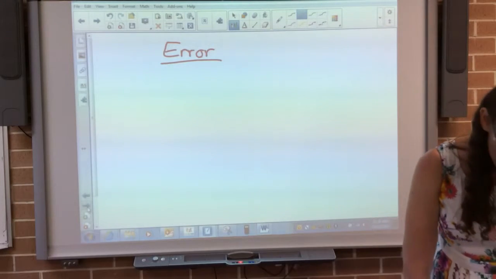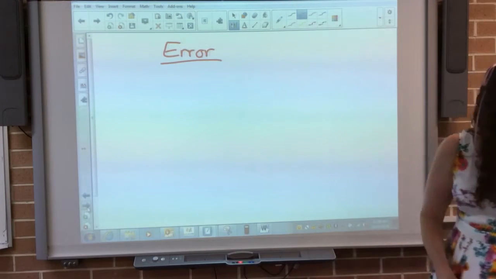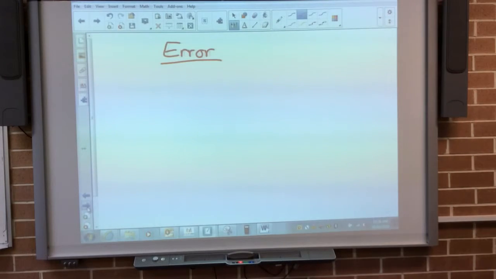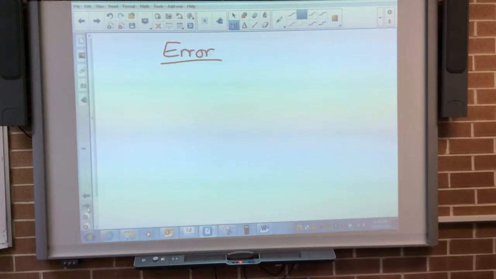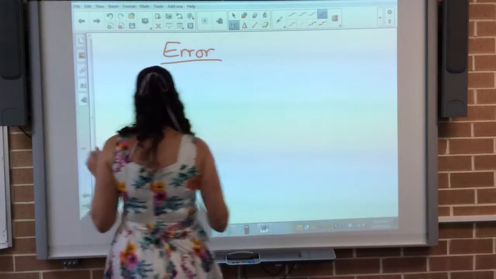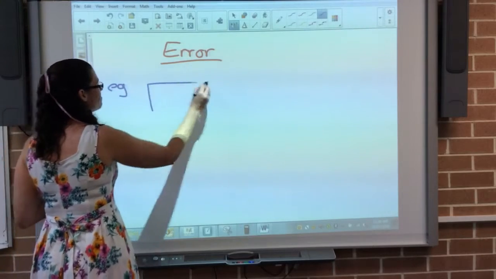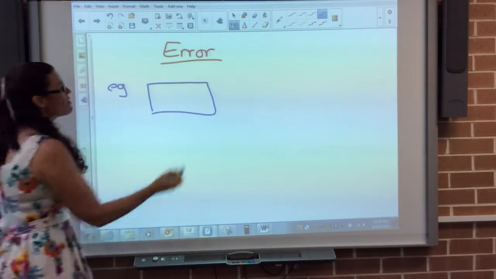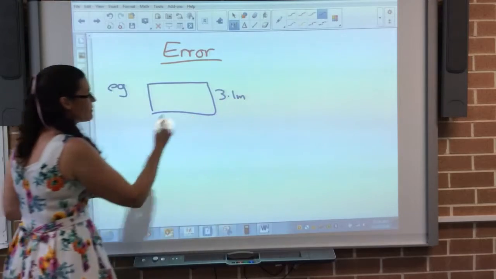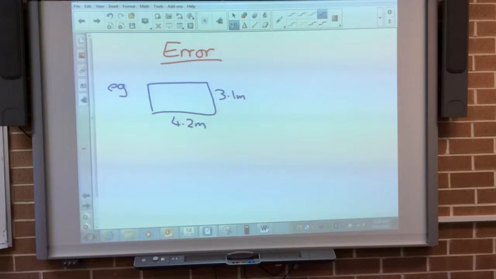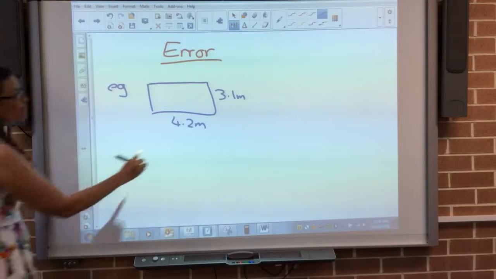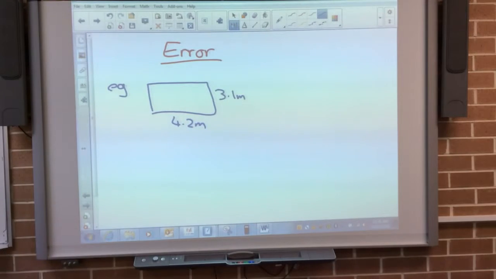So we already know about error when we're taking a measurement. If I was measuring a distance and I measured it as 3.1 metres, what do we know about that? Say for example, I'm measuring this particular rectangle. I measure this to be 3.1 metres. I measure this to be 4.2 metres. Now I know there's some error in that. What range must the 4.2 lie within? So my precision,